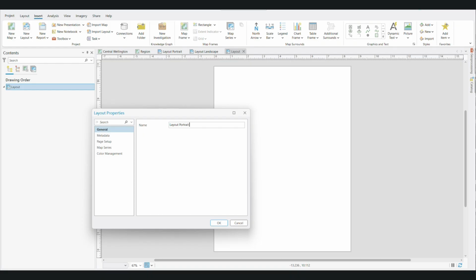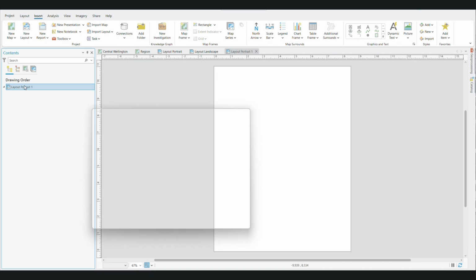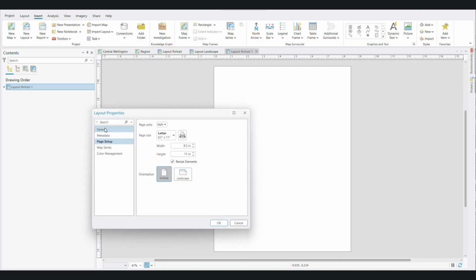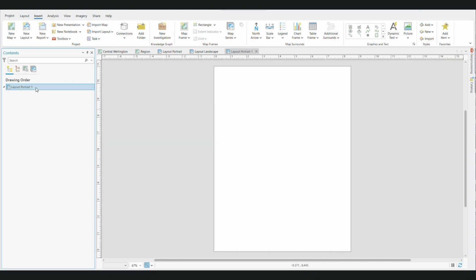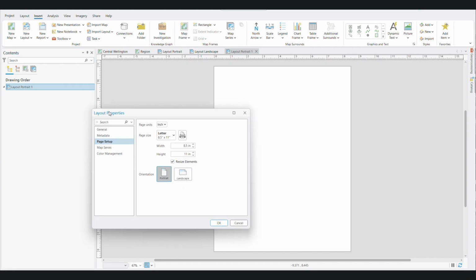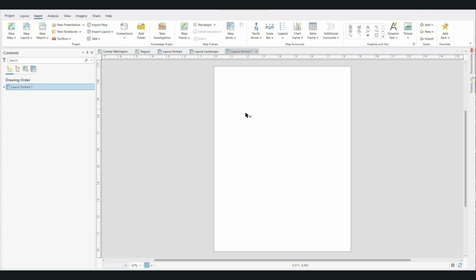One Layout Portrait is already there, so we'll write Layout Portrait 1 and click OK. You can rename the layout from here, or just by double clicking on this layout you will see this General option again. Now the name change is reflected in the Contents pane and also in the view tab above